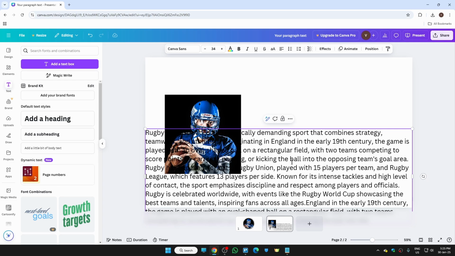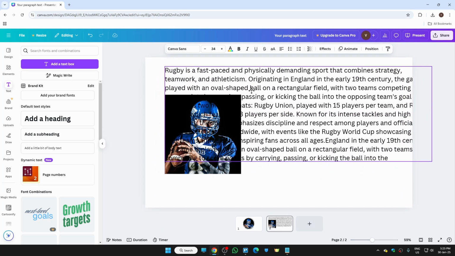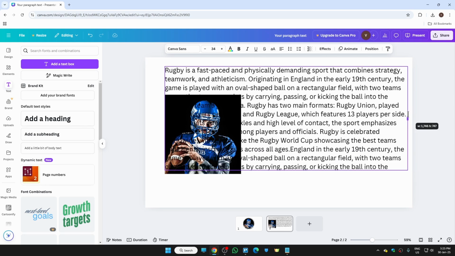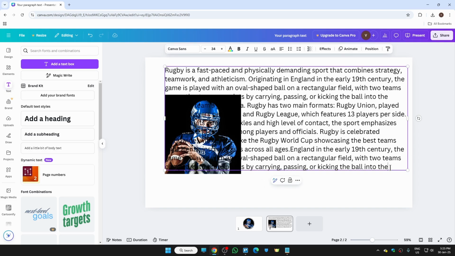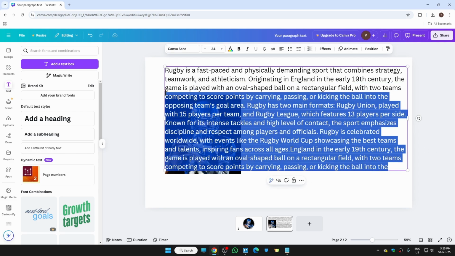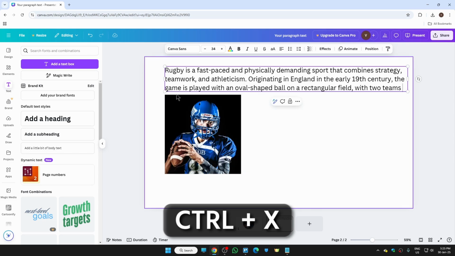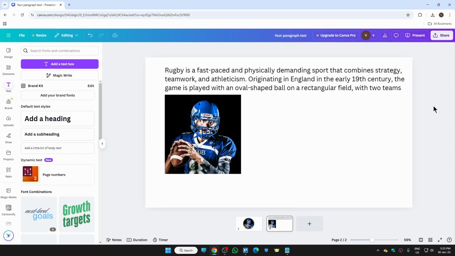Now we need to move the text. For that, we just need to hit anywhere else first, then select the text and move it. I'll just put it like this. Then here we just need to slightly make it smaller. Okay, once you do that, now cut some text from here. So for that, select the text and I'll just copy these lines, hit Ctrl+X, then again click anywhere else, click